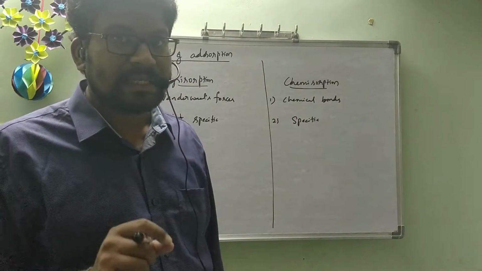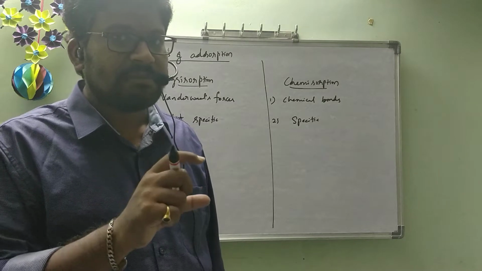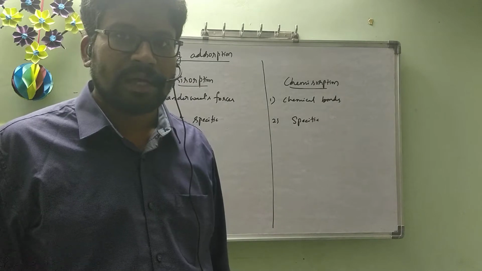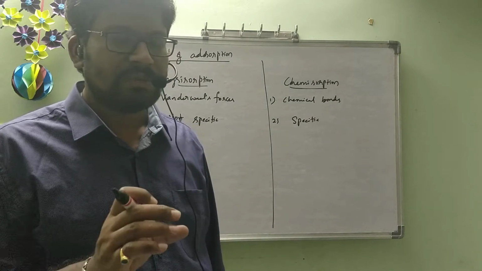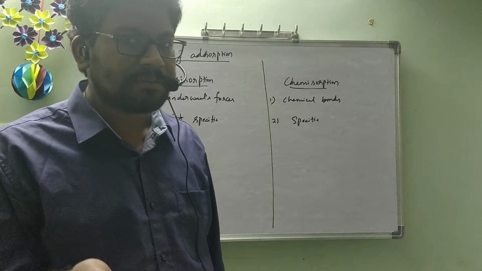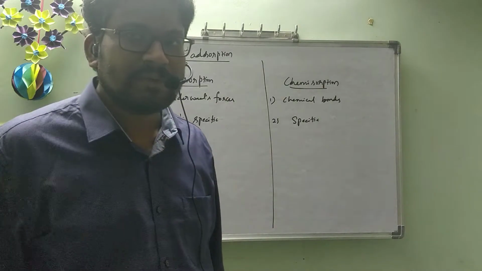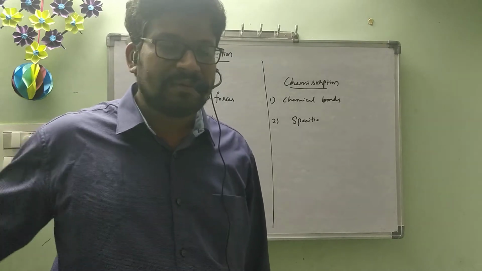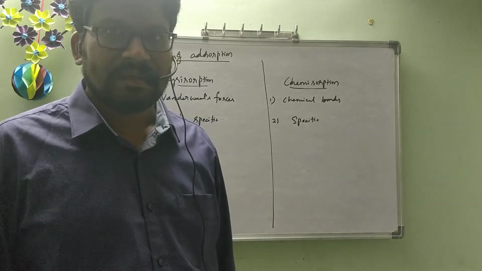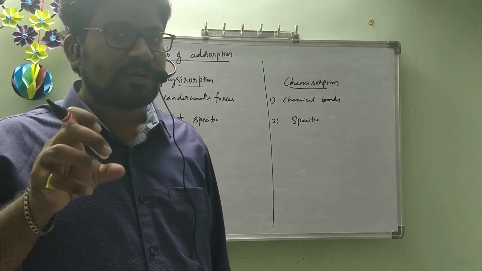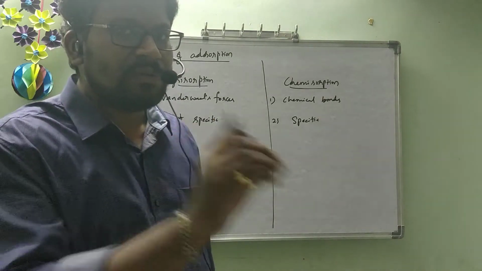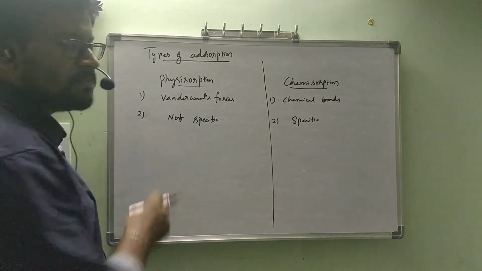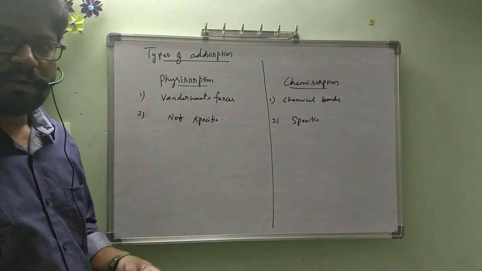To undergo a chemical reaction, there must be attraction between the gas molecules and the catalyst, the solid surface. According to that, H2 must be adsorbed, or chemisorption should take place, on generally 3 metals: nickel, palladium and platinum. On any other metal surface we will not see that. That means if hydrogen gas undergoes chemisorption, it is specific to only 3 metals. Like that, it is highly specific in nature. Physisorption is not specific in nature. I hope you understood.